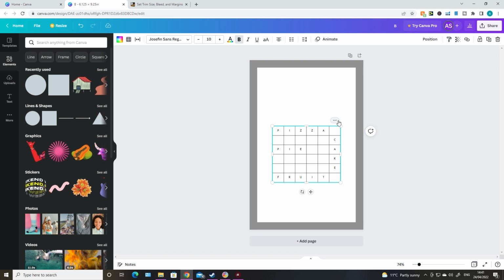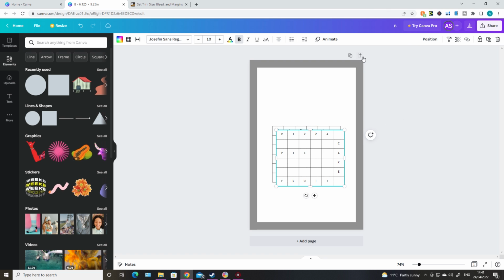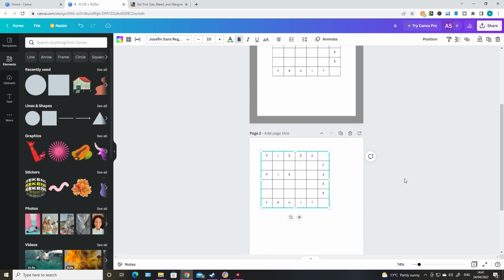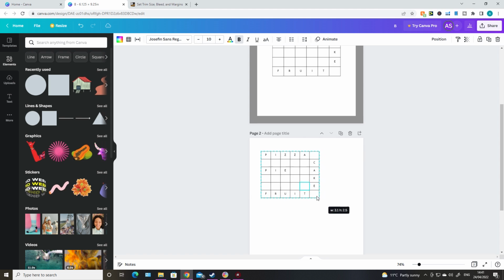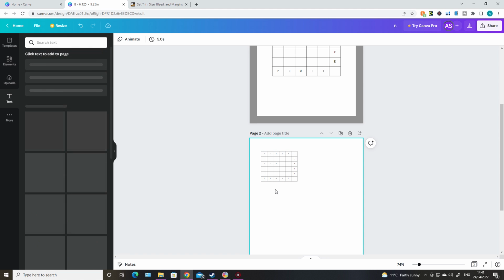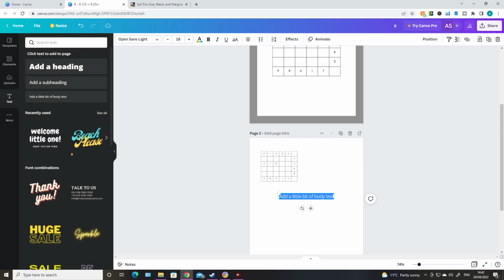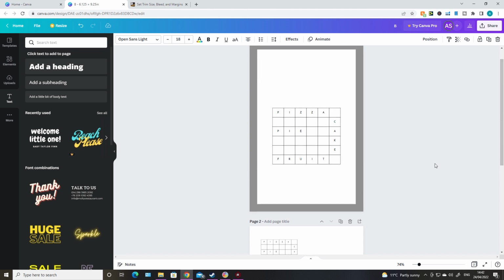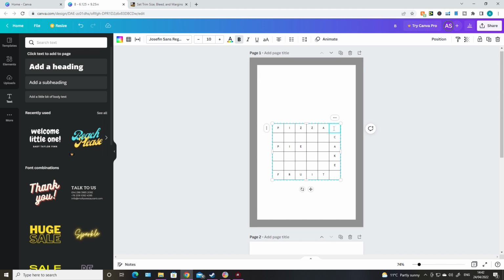select the table and then Control-C, Control-V, add a new page for your solutions, and then just drag that down. And that can be puzzle 1 of your solution page. Shrink it down to whatever size you want. And that is a puzzle solution. Add a bit of text. Just say puzzle 1 or whatever your title is. Drag it underneath, and then for your solution section, you could have maybe 6 word searches on a page. Like that. The other option is to